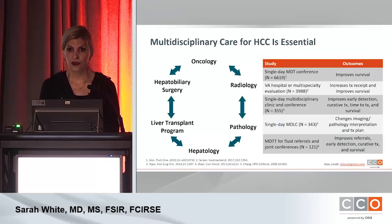And so what we do know is that, and I'm preaching to the choir here, you all know this, that multidisciplinary care is really critical for patient outcomes. And so we know that a single-day multidisciplinary conference improved survival in study number 1, study number 2, study number 3, study number 4, and study number 5. So the bottom line is you need to have a multidisciplinary approach to these patients. Though liver-directed therapy is wonderful and I do it every day, there are patients that don't benefit from it, or other therapies are better, and we need to have those folks at the table: transplant, hepatology, we all know who needs to be there. And so just remember that multidisciplinary care is really important in the care of these patients,